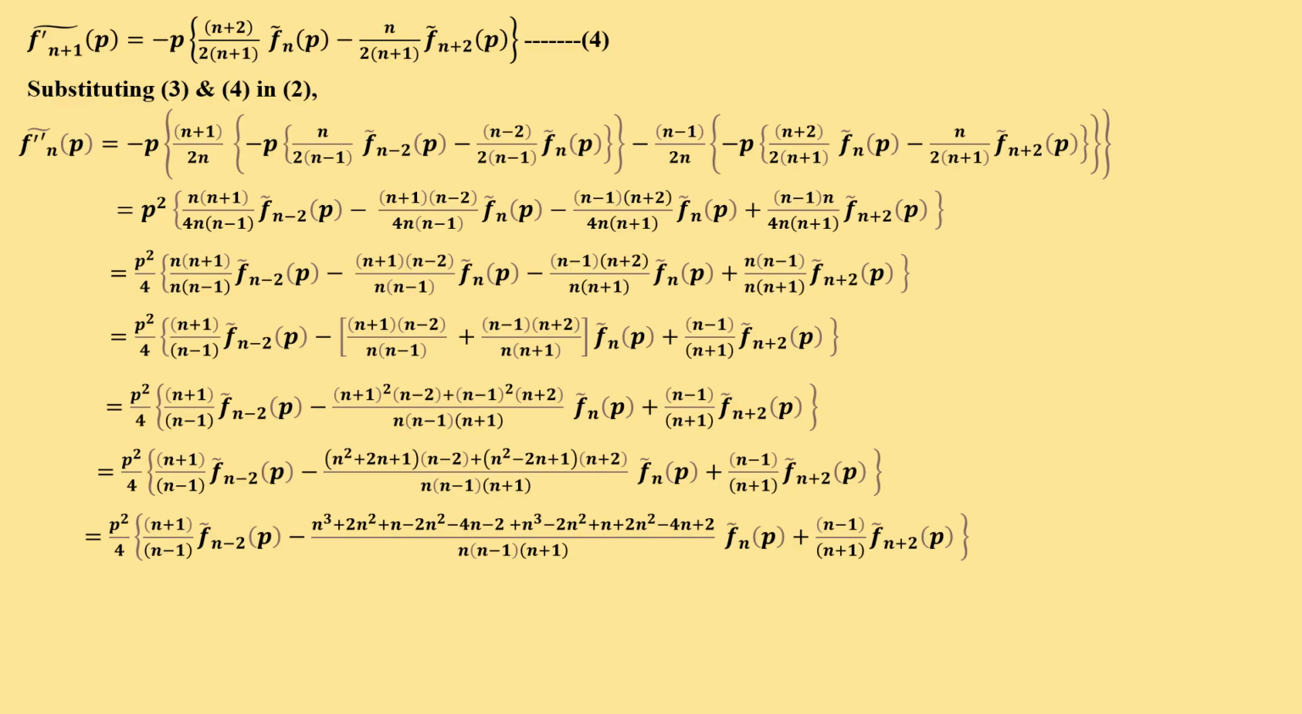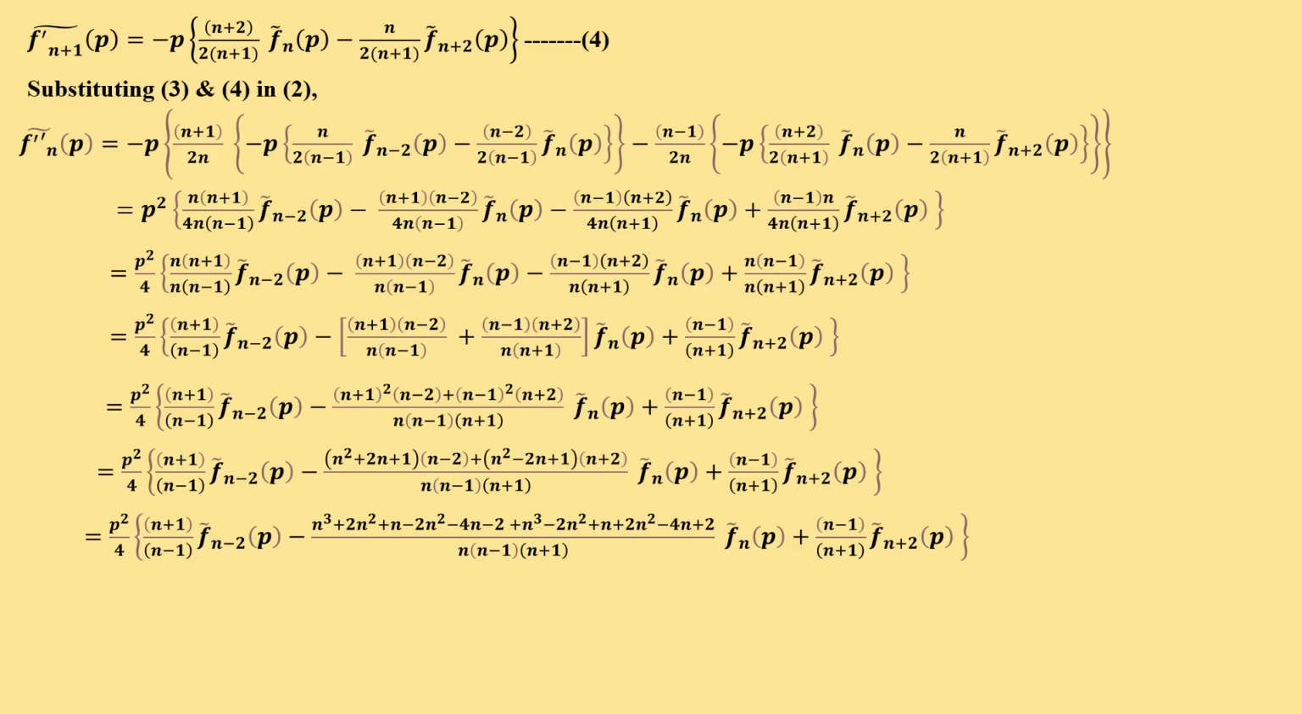simplifying. First multiply with n to the first term: n into n square, n cube; n into 2n, 2n square; n into 1, n. Next multiply with minus 2: minus 2 into n square, minus 2n square; minus 2 into 2n, minus 4n; minus 2 into 1, minus 2. Next n into n square, n cube; minus 2n into n, minus 2n square; then n into plus 1, n; then plus 2 into n square, 2n square; 2 into minus 2n, minus 4n; plus 1 into 2, whole divided